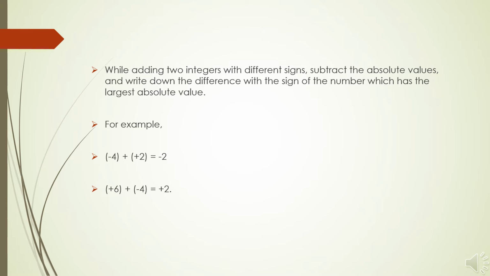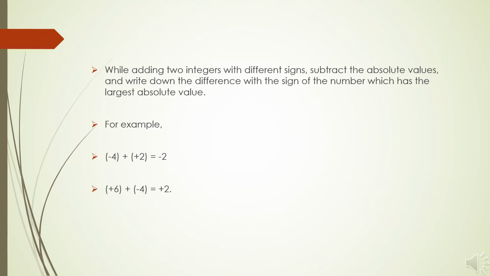Now we will discuss the second scenario in which both the integers have different signs. So when we are adding two integers with different signs, we subtract the absolute values and write down the difference with the sign of the number which has a greater absolute value. So for example, -4 + 2 is equal to -2. First we will subtract the absolute values 4 and 2, which gives us 2. And here we can see 4 has greater absolute value and 4 has the symbol minus, so we will write